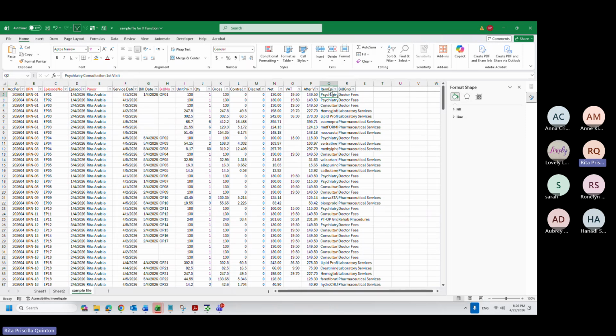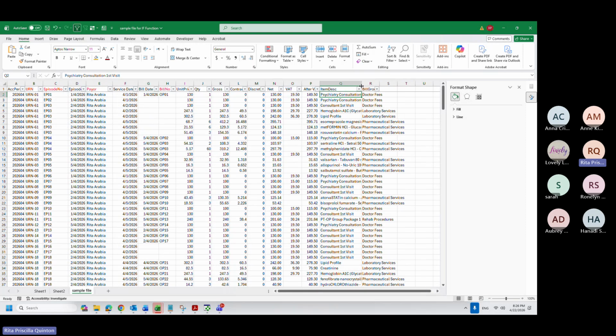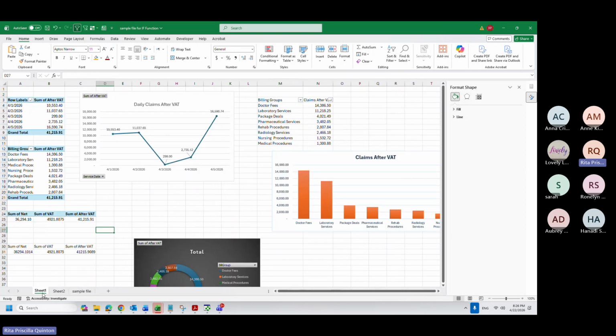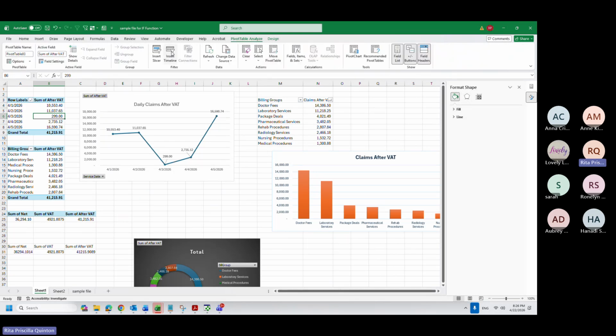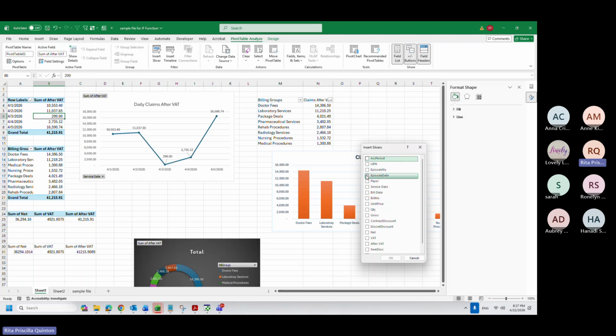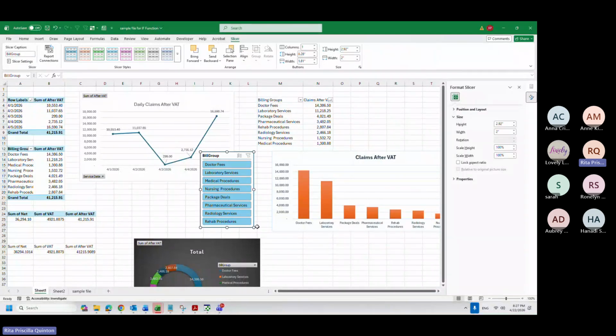On Sunday, we will continue this one with slicers. So charts and slicers. Slicers are the one I showed you in the pivot table. It's like filtering only. So for example, I will show you how it will affect. For example, I want bill group. Okay.